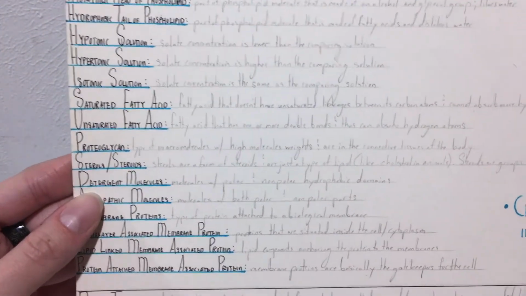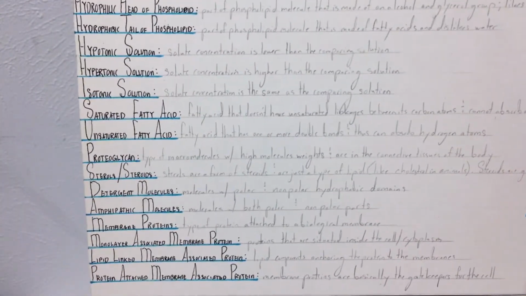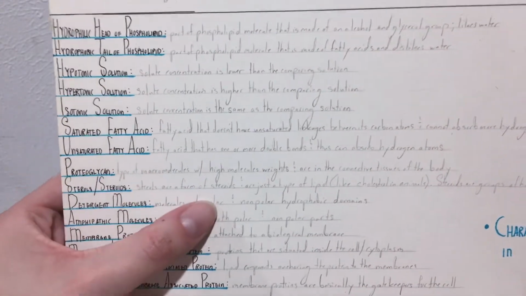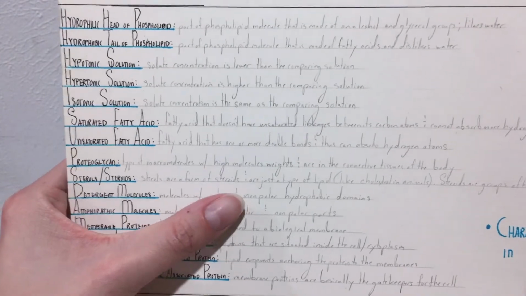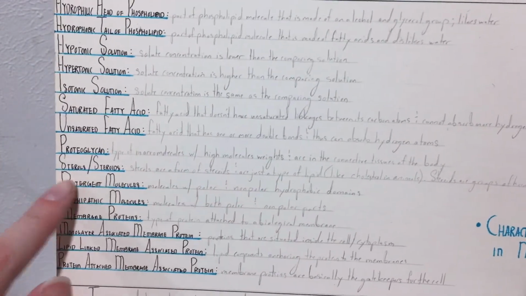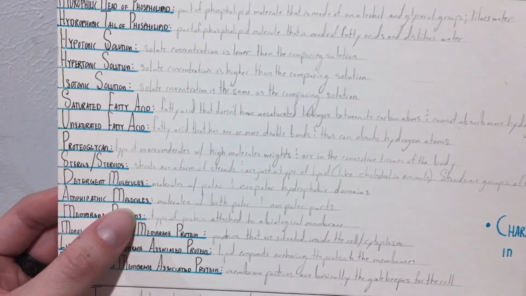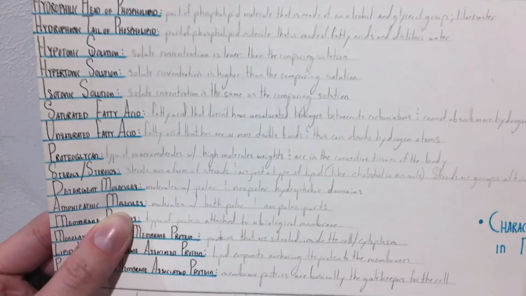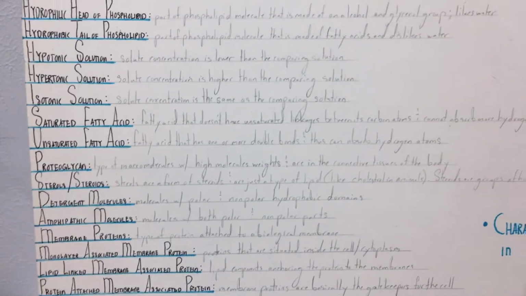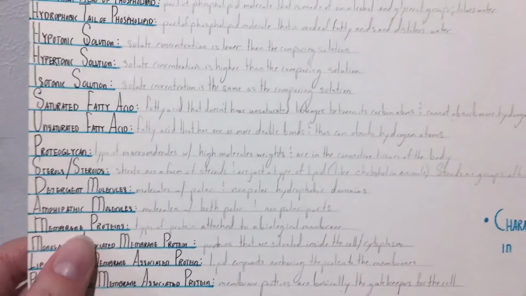Then we have a detergent molecule, which is a molecule with polar and nonpolar hydrophobic domains. So detergent molecules have polar, likes water, and nonpolar hydrophobic domains, so doesn't like water and likes water. So it has 2 in 1. And amphipathic molecules are also molecules with both polar and nonpolar parts. But the detergent is like the domains, and the amphipathic is just, it has the different parts of it, not